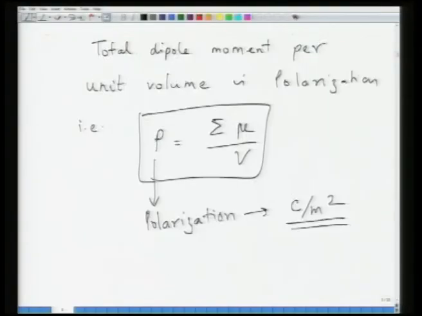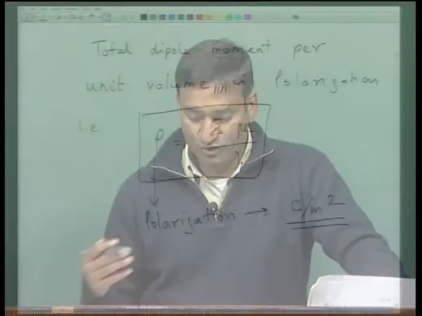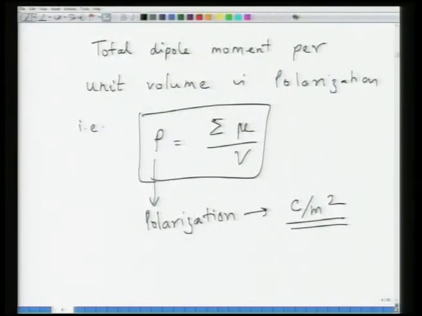However, nonetheless, the dipole moment is described as the product of the magnitude of charge multiplied by the separation distance of the charges. As a result, the units are always coulomb meter, and when you sum this dipole moment over a volume of the material, the total dipole moment per unit volume is what is called polarization. So, this gives rise to a new quantity called polarization, whose units are charge per unit square meter. Now, this unit itself raises enough curiosity about what polarization is.